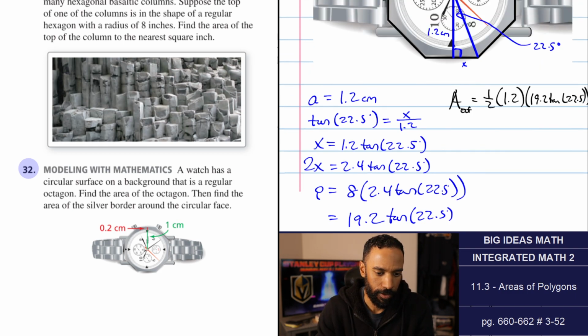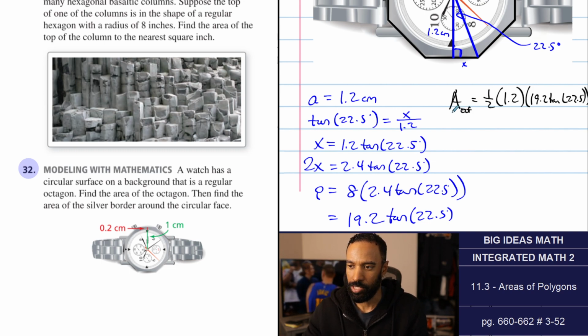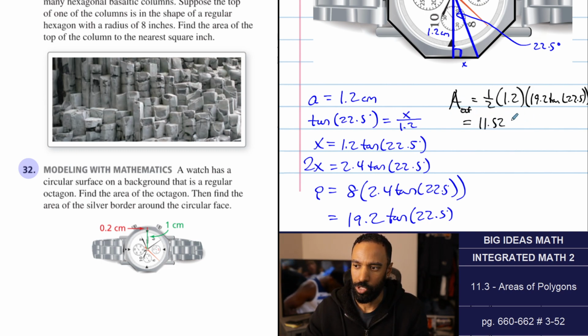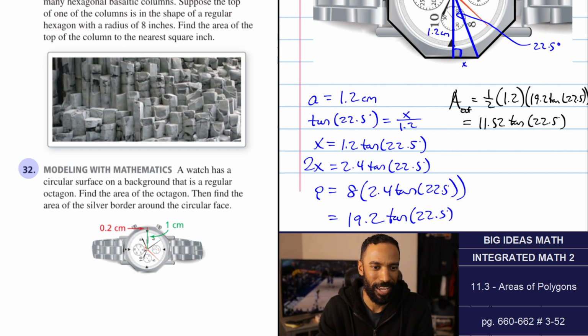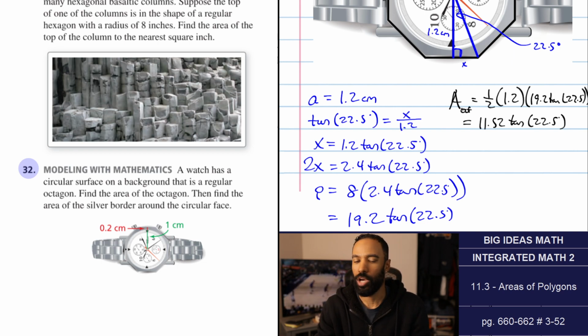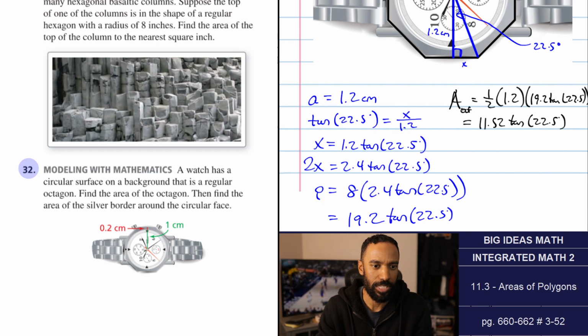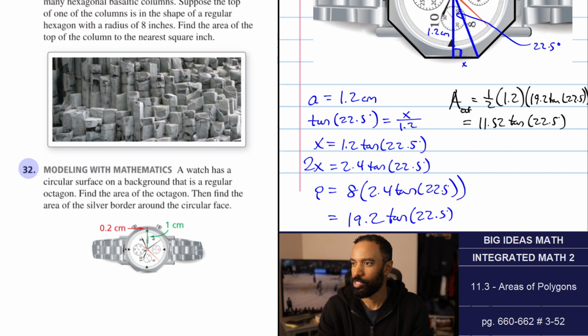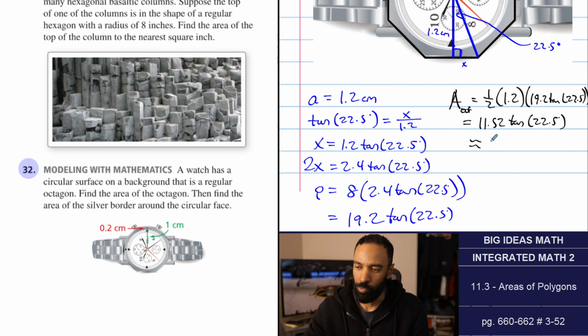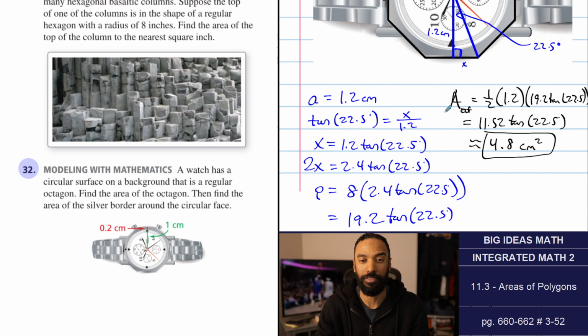Let's get an exact first. Let me get my calculator out. So half of that is 0.6 times 19.2. So 11.52. That's not the exact, but that's 11.52 times tangent of 22.5. Let me make sure 8 times 2.4 is that number. 8 times 2.4 is 19.2. Okay. So let's do 11.52 times the tangent of 22.5, in degrees. I get 4.77. I've been using one decimal place, so around 4.8 square centimeters. That is the area of the octagon